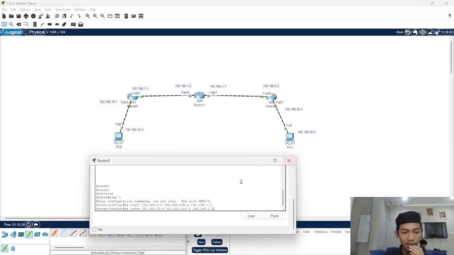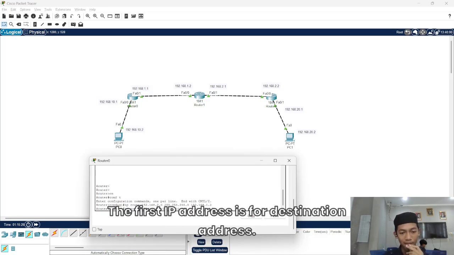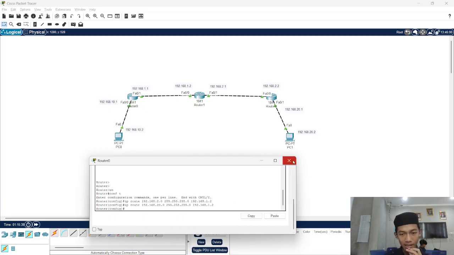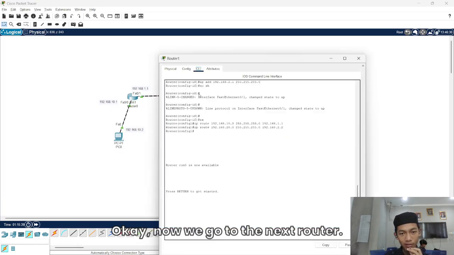It's the same as before. The first IP address is for the destination address, the second is the subnet mask, and the third is the next hop or neighbor. Now we go to the next router.